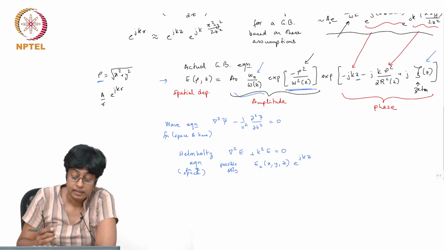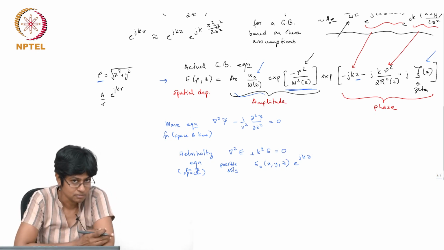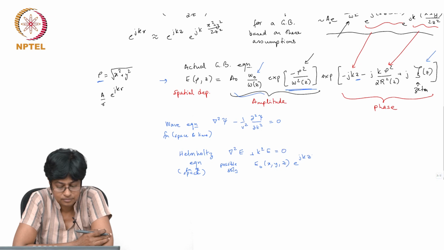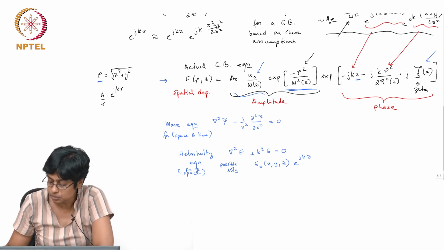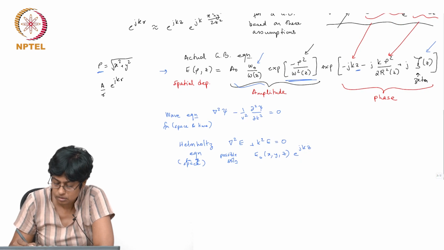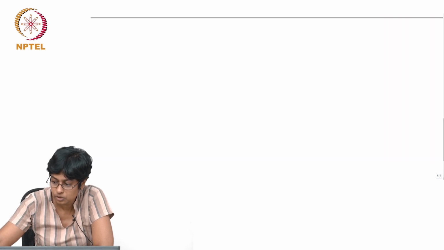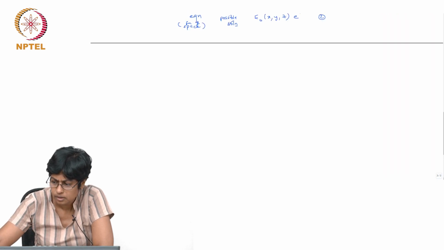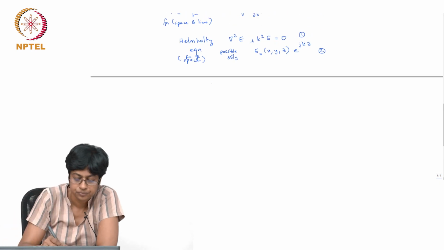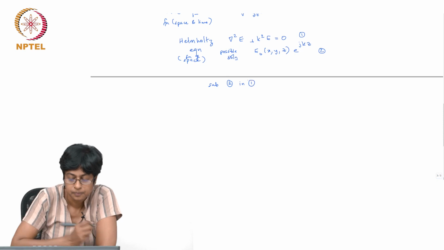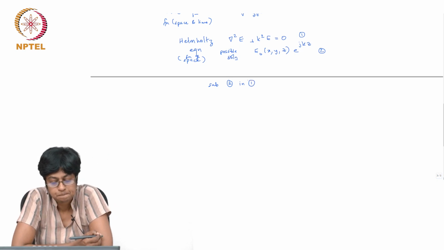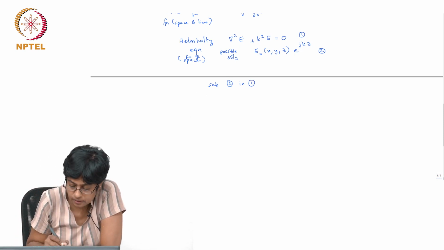So here I have not made any assumptions. Now, if I substitute this, so let's call this equation 1 and this equation 2, if I substitute equation 2 in equation 1, I'm going to get, so this is E,